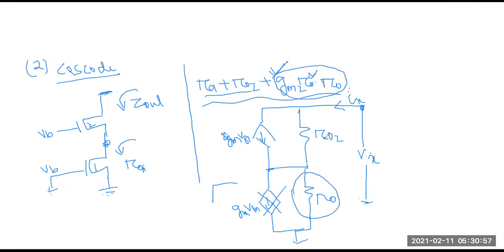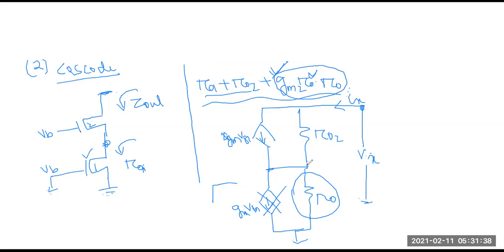Now in cascode, if we compare source degeneration and cascode, in source degeneration we are using a resistor, and there are a lot of disadvantages in a resistor. For a high value you have to choose a high value resistor, so the area will increase. Due to the resistor, noise will add. These are the disadvantages of using the resistor. But instead of that resistor, with a simple transistor, small area, we can get a high resistance. That's why cascode is more preferable than source degeneration.